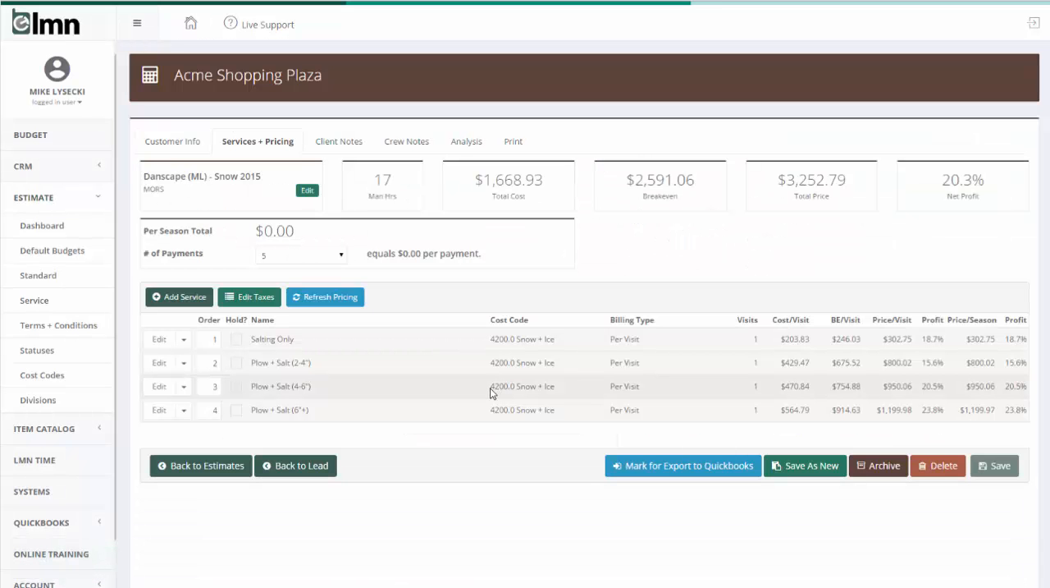For those of you who price snow by the lift or by the inch, here's a good example of an estimate where I've done that. So I've got one service called salting only, one called 2 to 4 inch, one called 4 to 6 inch, and one called 6 inch